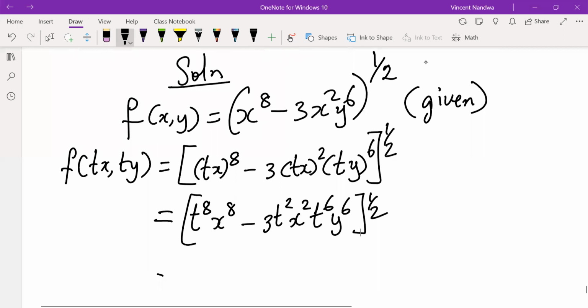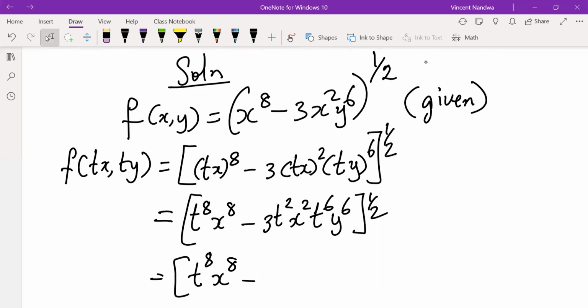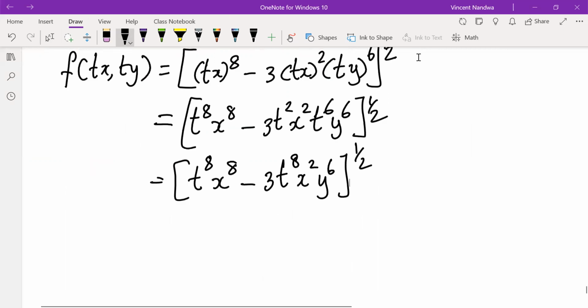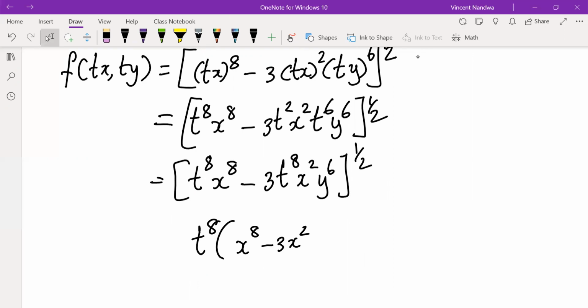Now this will be t power 8 x power 8 minus 3 t squared times t power 6 is t power 8, x squared y power 6 raised power half. Now this is the same as t power 8, which is common, x power 8 minus 3x squared y power 6, everything raised power half,